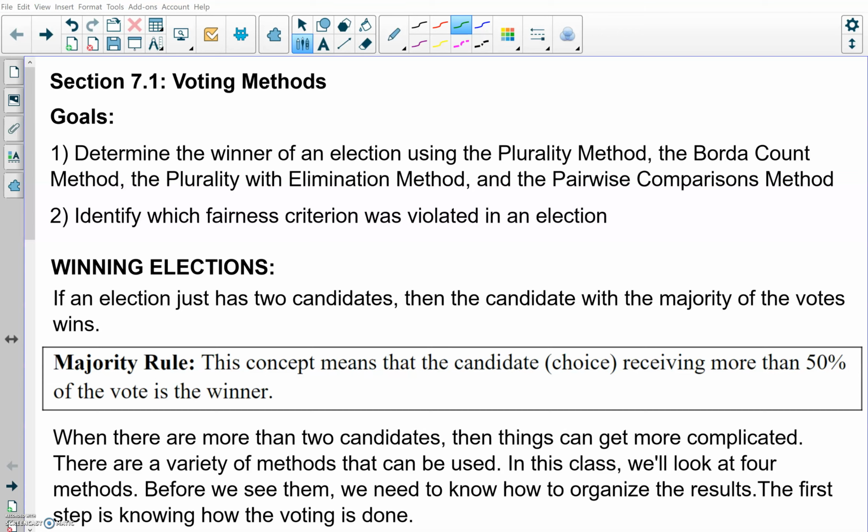Section 7.1, Voting Methods. In Chapter 7, we are, for all intents and purposes, moving completely away from statistics, probability, linear, exponential, finance, all that stuff that we've covered before in class. We're moving away from it. And as I said in the very beginning of this class, there's kind of a smorgasbord approach where we look at a bunch of different things and,